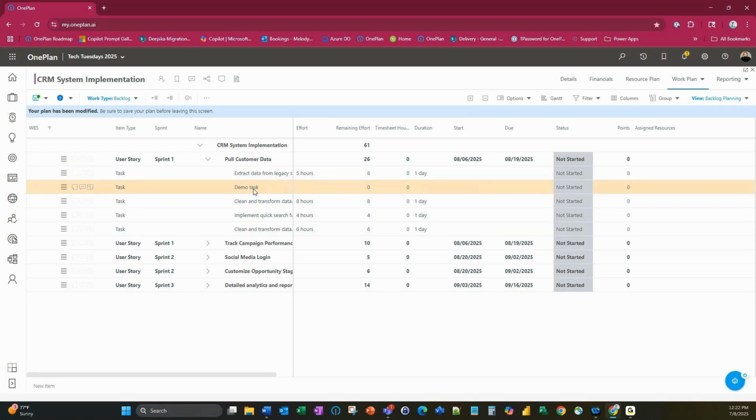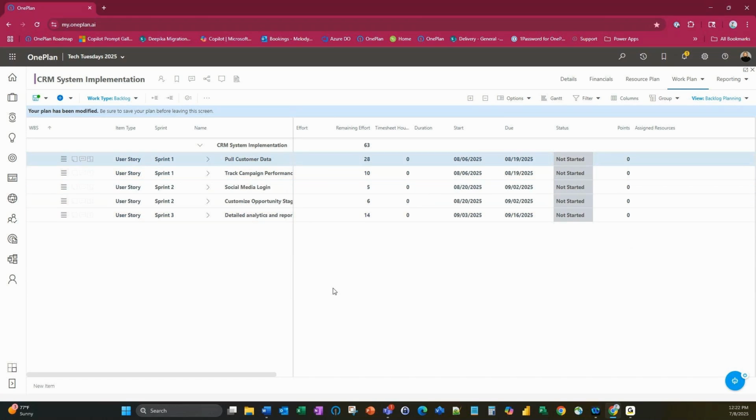Once you've added your task, go ahead and put in whatever effort estimate that you have been given, or your business analyst or whoever does those estimates on those various tasks can put them into the system. That will add that and then make that adjustment at the top level so that you can see what that is for each individual sprint.